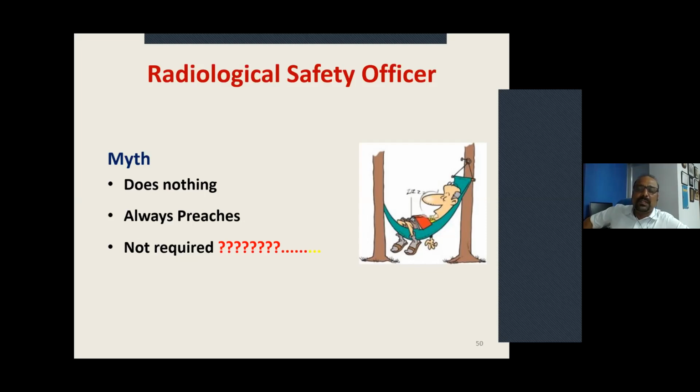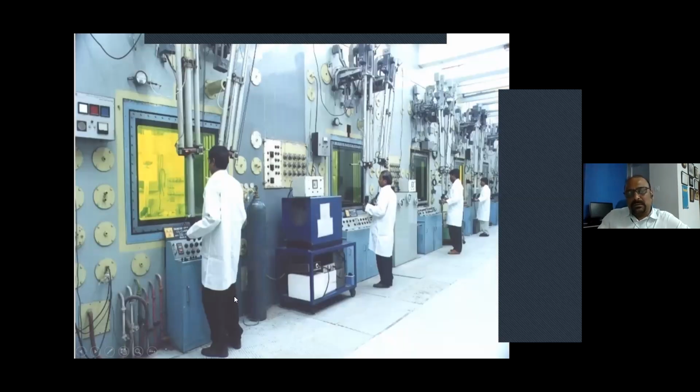However, if you see the radiotherapy department, they are much safer. The amount of radiation handled is much higher. Similarly, in the nuclear medicine department, they have a radiological safety officer, and so radiation safety is there. So the radiation safety officer does work. And just to show you how high activity radioactive sources are handled, this is a master and slave system. The people work outside the hot cell, and radioactive sources are handled inside. Whatever operation they do here is translated inside, and that's how they handle the high activity radioactive sources.